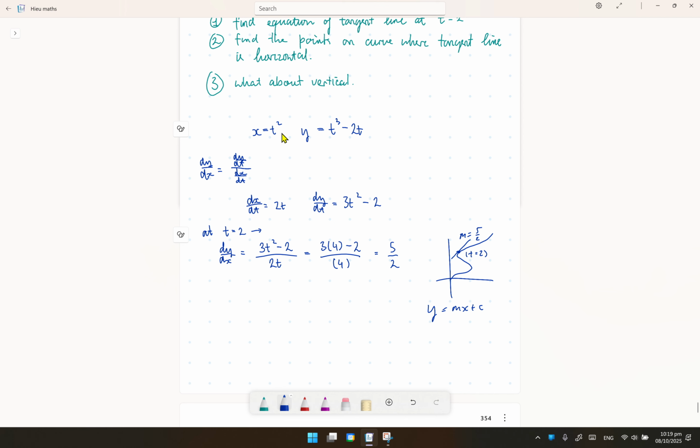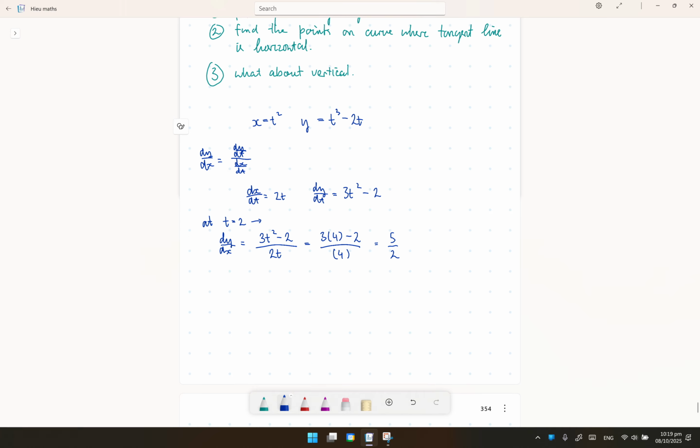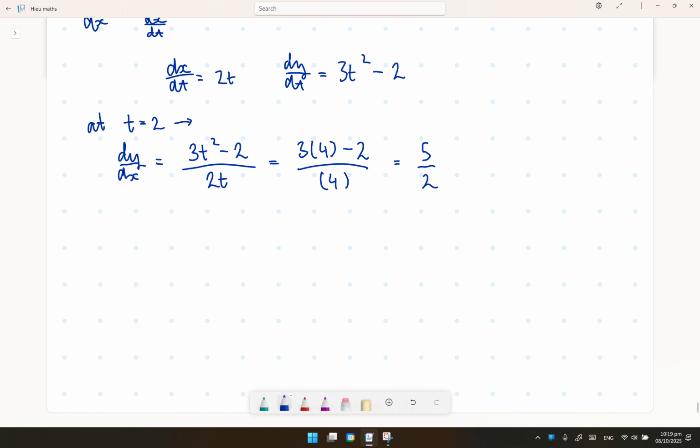You just find x at t equals 2 and y at t equals 2 and then solve for c. But I want to show you something that in class we did, and it blew my mind. I've never seen something like this. But let's say that there is a graph, and let's say this is just a zoomed in part of the graph, right? Let's say this is just the parametric equation of